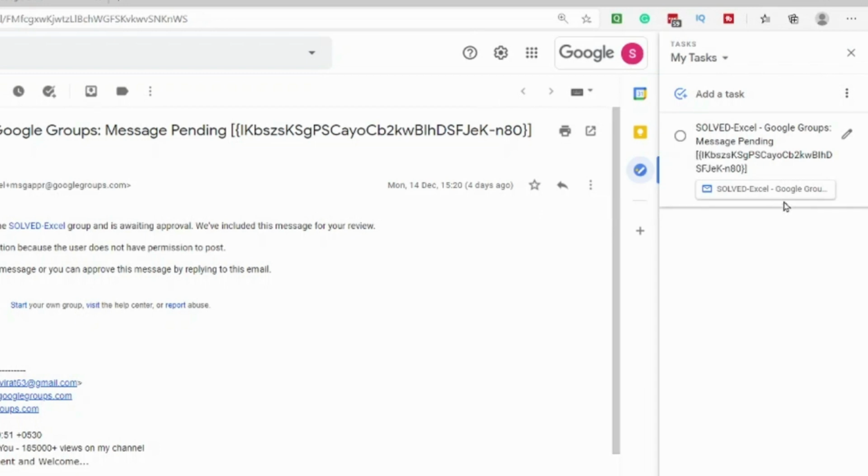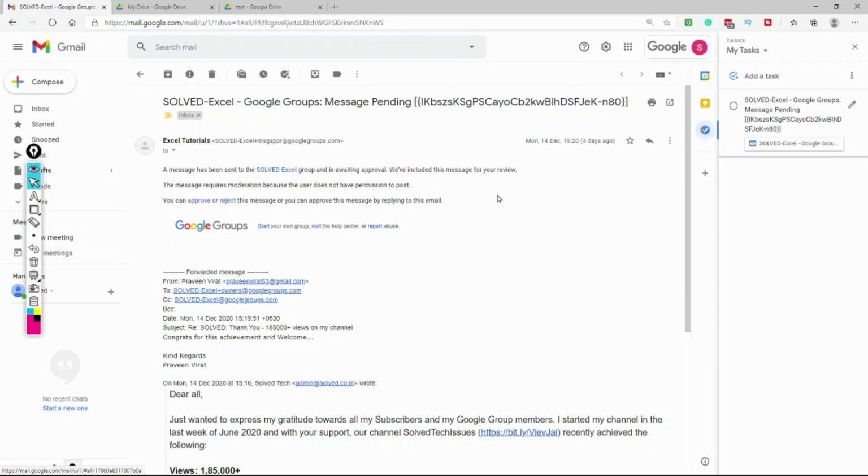So if I click on that, it will take me to this particular email. This is fairly useful if you are in an organization, or probably you are doing your own work and you want to assign certain emails to your task, so that you can remember. By adding it as a task, not only will it show you that yes, this task is pending, but also it will give you an option of quickly switching back to the email from where you created this task.